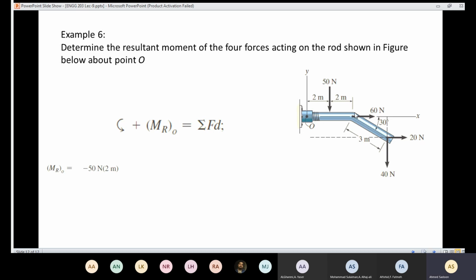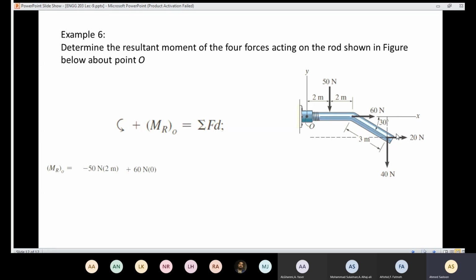Now we are going to move to 60. I need to know the perpendicular distance. Does the value 60 have a perpendicular distance? No, because the line of action passes through the point O. So 60 is going to be multiplied by 0, which means that it's nothing here. Then I'm going to